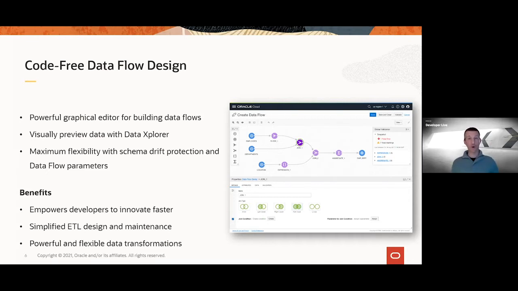So I can click on a join and I can preview the data, and I'm going to see a live output of the result of that join. I can click on a filter and I can see the live output of that filter operator. And along the way, as I'm looking at the data, I can apply more transformations, such as obfuscating the data, formatting dates, and I can do that using both the data preparation user experience as well as the ETL user experience. So it's really bringing you the best of both worlds in a single package,